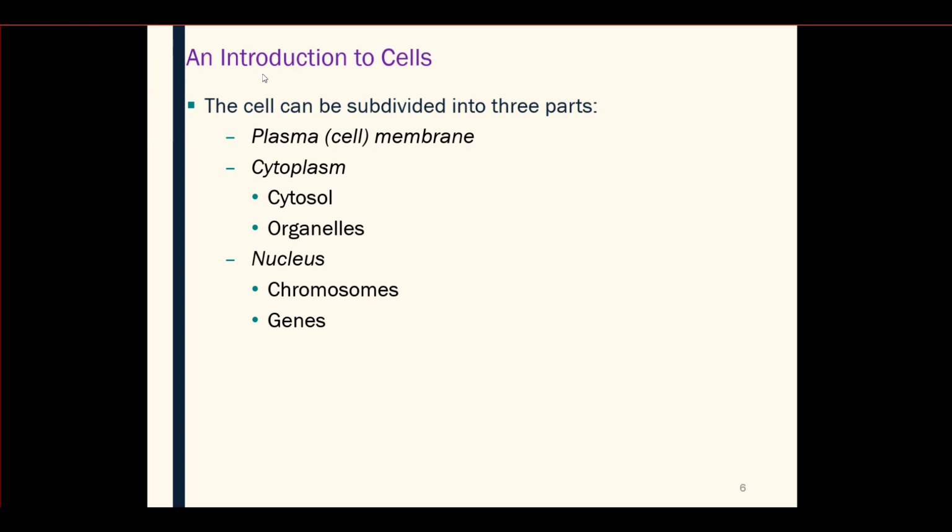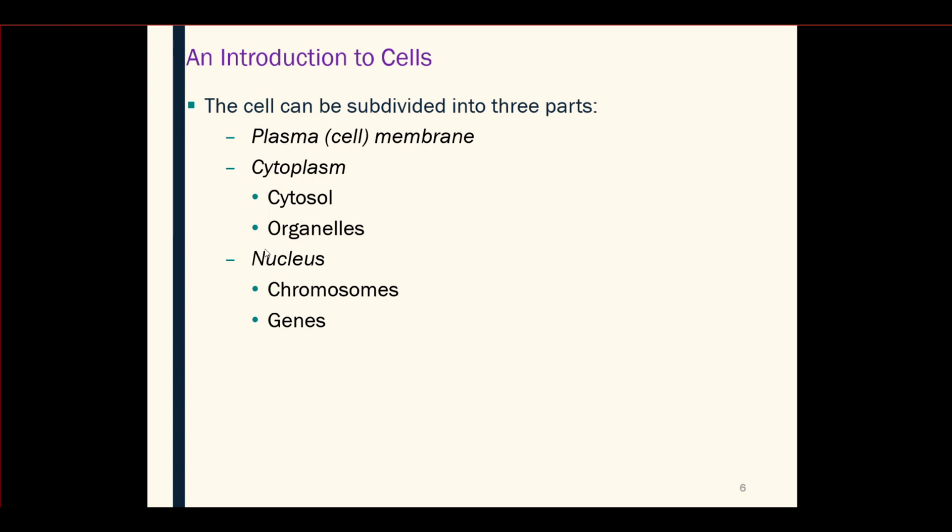Okay, so let's take a look now at how the cell is put together. We're going to divide the cell basically into three parts. The first part is the plasma or cell membrane. That's going to be the focus of this lesson. Then in subsequent lessons, we'll take a look at the cytoplasm. That's part number 2. And then part number 3 is the nucleus. So 1,